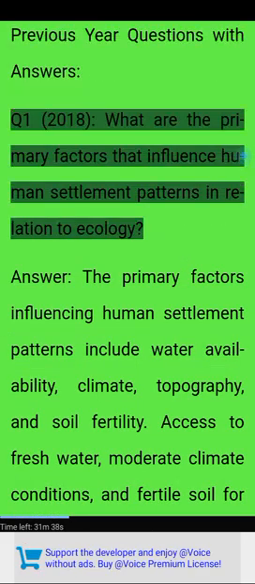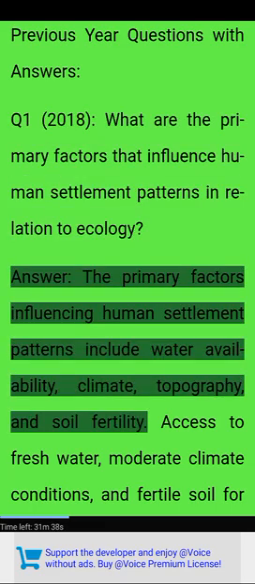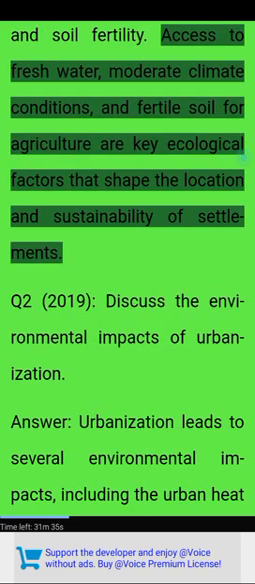Previous year questions with answers. Q1, 2018. What are the primary factors that influence human settlement patterns in relation to ecology? Answer. The primary factors influencing human settlement patterns include water availability, climate, topography, and soil fertility. Access to fresh water, moderate climate conditions, and fertile soil for agriculture are key ecological factors that shape the location